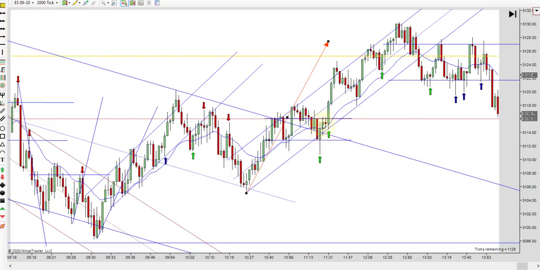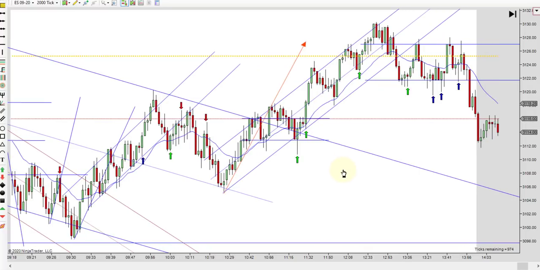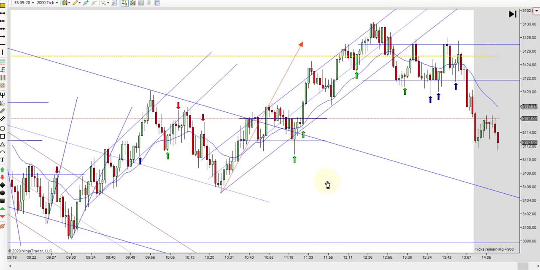So the fact that you made that low, you tested it once, you tested it twice, you probably got a short trap here, so you may take that trade. And it actually ticks back there and makes another little trap on a higher low. So that's really the better trade to go long right there. So you may try either one of those. This one you could almost argue to be blue, but I'm just a little leery about going long right there. Those trades can fail. So I just marked it green.